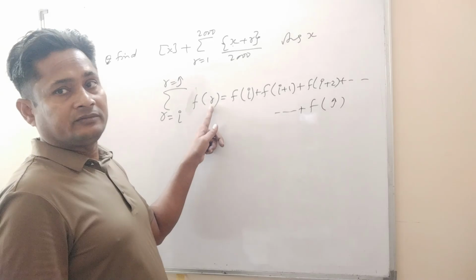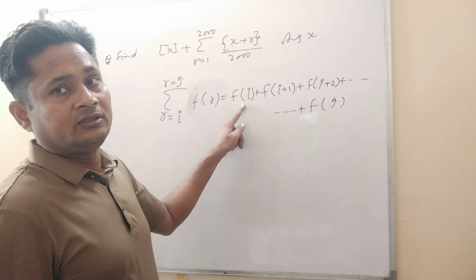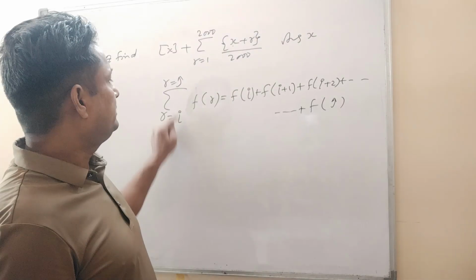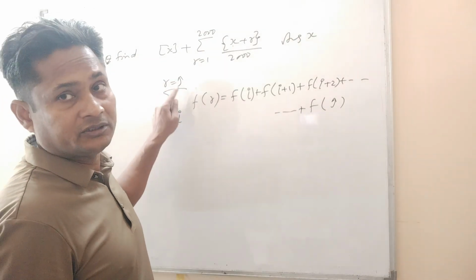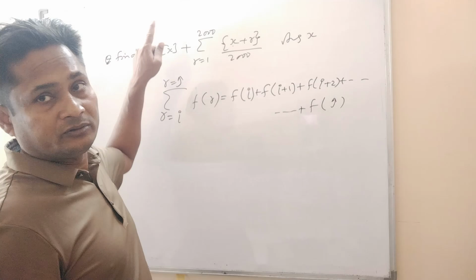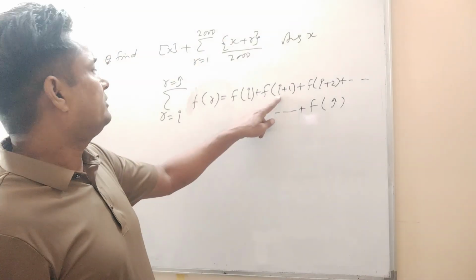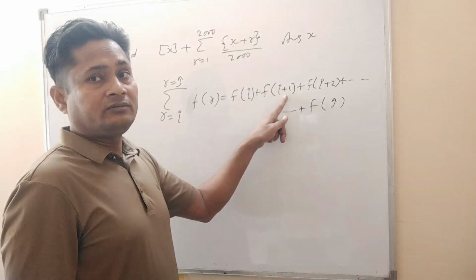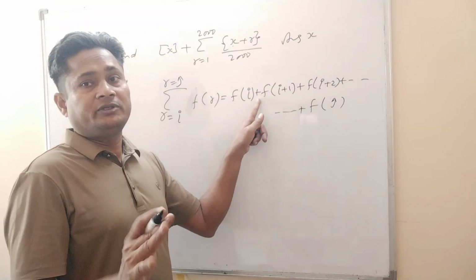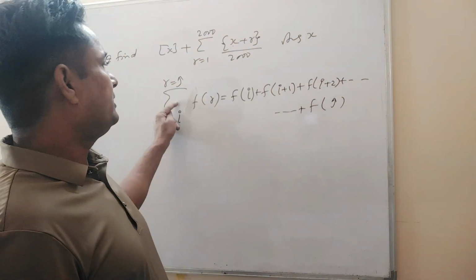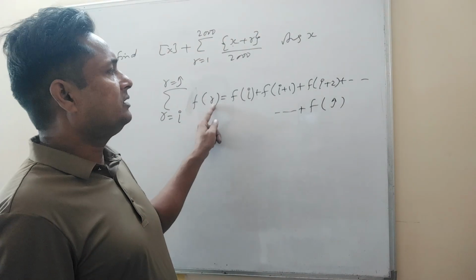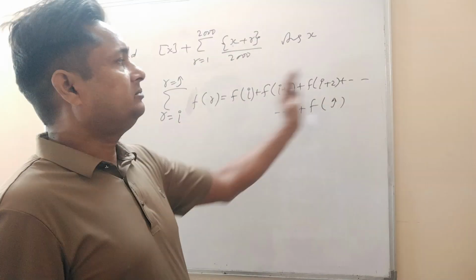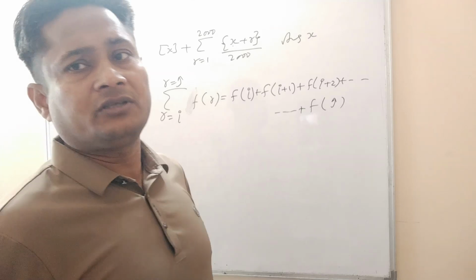Substitute in place of r, first i, write it down, then the next integer will be i plus 1. These change always with respect to integers. So i plus 1, i plus 2, up to j. Put here the value r is equal to i plus 1, note it down and apply a plus sign between each term. Next will be r is equal to i plus 2. Put here i plus 2, write it down and again apply a plus sign. So sigma means just the summation of each term, right?